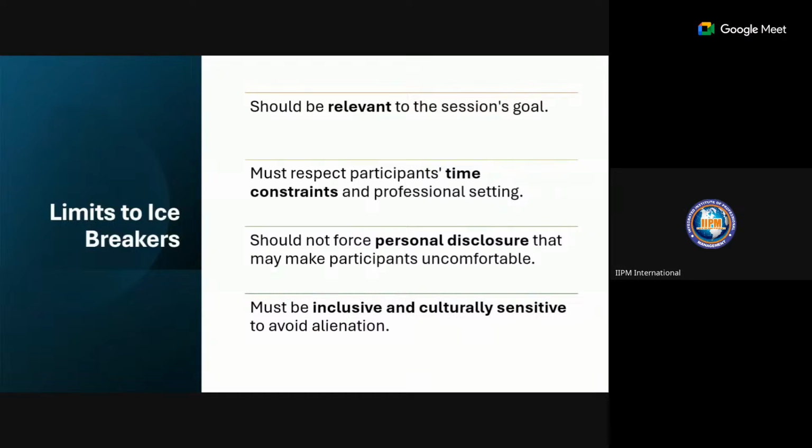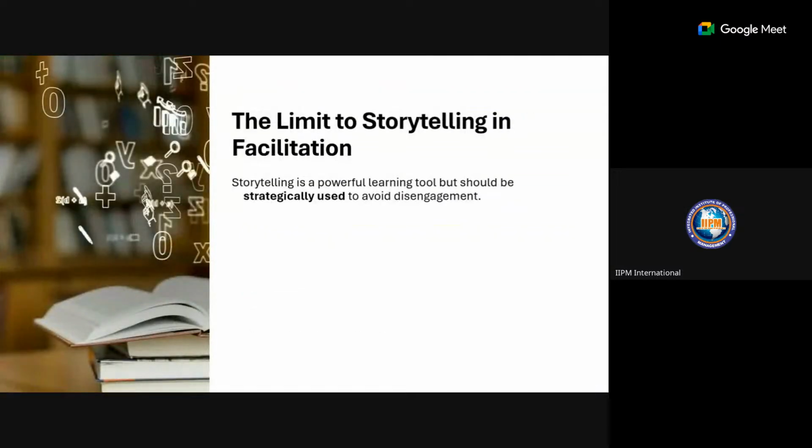Sometimes, was it last month? Last month, this month, when we were having our project management training, we asked somebody to introduce herself, and we said your name, your current job role, and where you're working. And she only said her name and said she won't be able to disclose other things based on where she was. And you're not going to force them to do so. Their security should also be a priority.